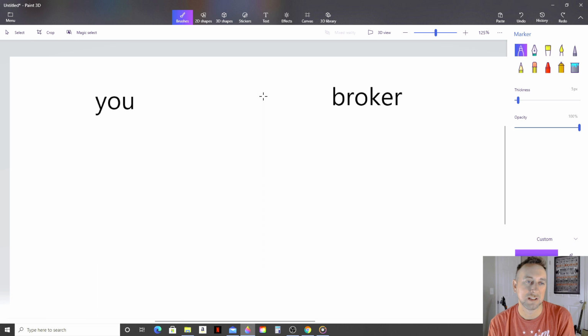So what is short selling? How do you make money short selling? So the idea is you have your broker over here and you have you over here. You want to short a stock, meaning that you believe the stock is going to go down. Okay, if you think the stock's going to go down, that's where you can make your money from shorting. So you're going to click on that little button on your order screen that's going to say short, or it might just say sell if you're on CMEG or some other platforms. It just says sell, I believe. On E-Trade Pro, it says short. So you're going to click that little button.